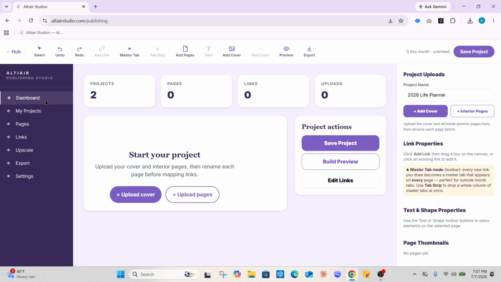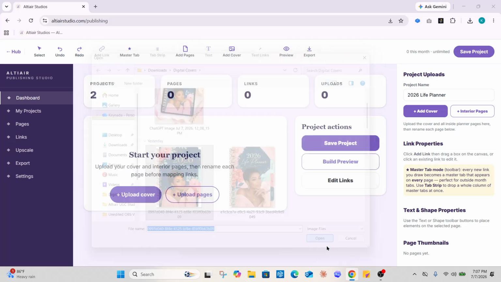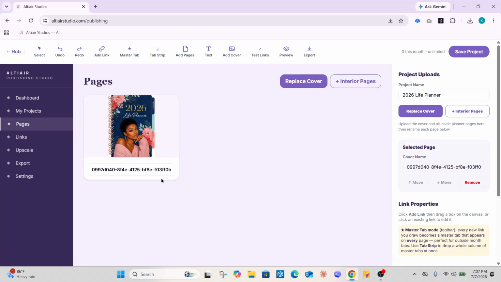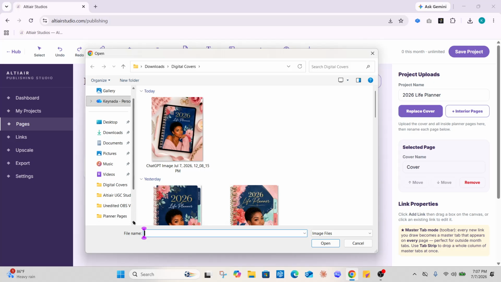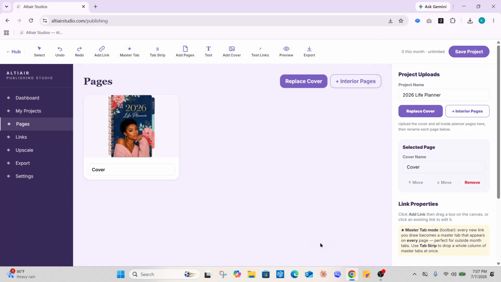Okay, so let's go back to the dashboard and let's upload our cover. Okay, let's upload the cover. Then once that is there, then we're going to rename it. So you can rename it by clicking here, or you can rename it by here and then just erase it and put cover. Okay. And then we're going to add in our interior pages, right? So you want to find where your interior pages are. You're going to upload them, click open,